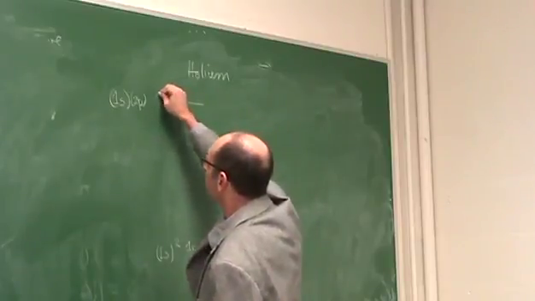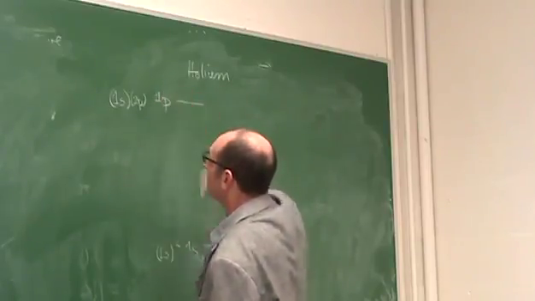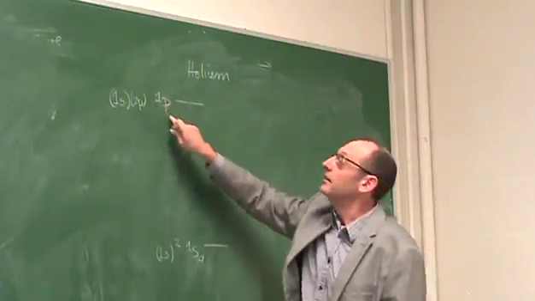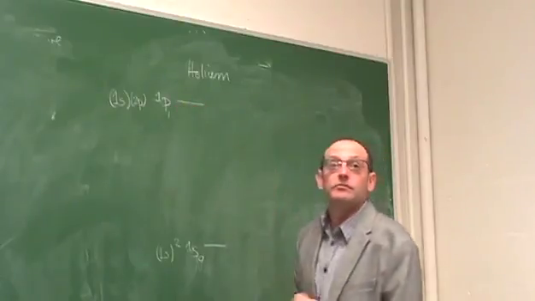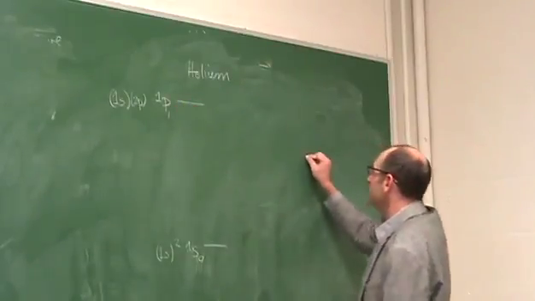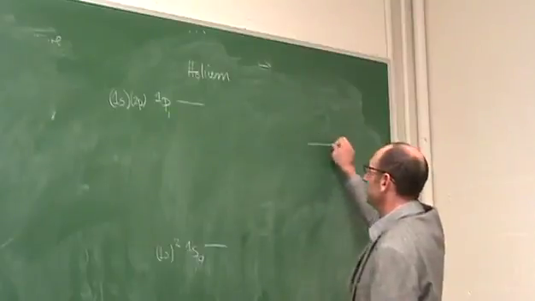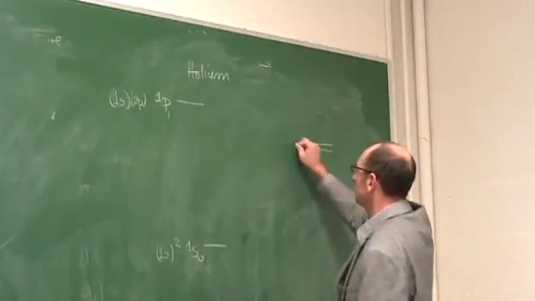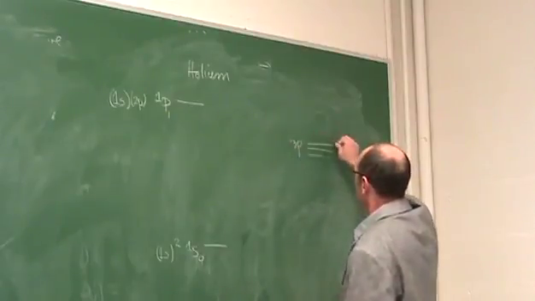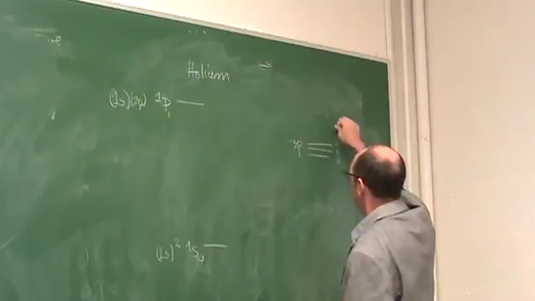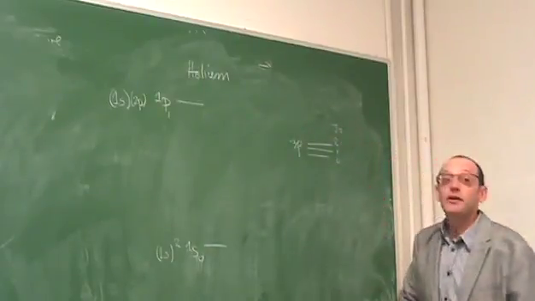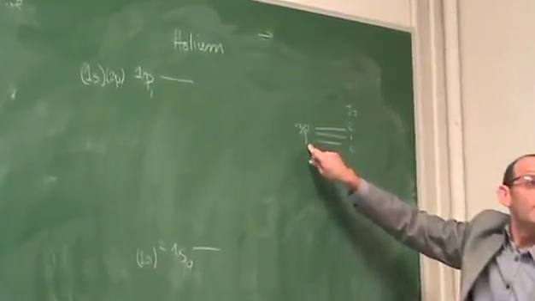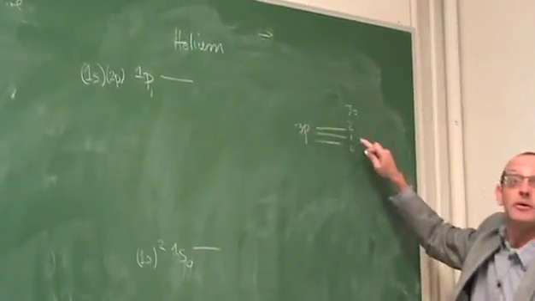The singlet P has spin 0, it's a singlet, therefore J is 1. In addition, there is a triplet P, which can have J equals 2, 1, or 0, right? Because in this case, the total spin is 1, the total orbital is 1, therefore J can be 2, 1, or 0.